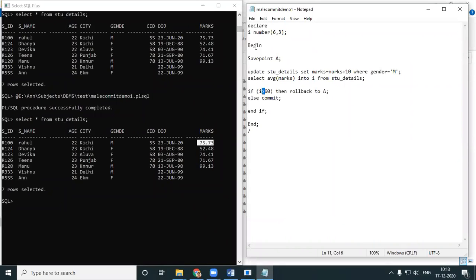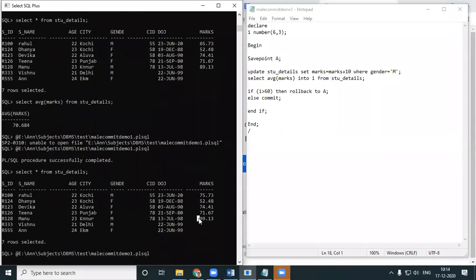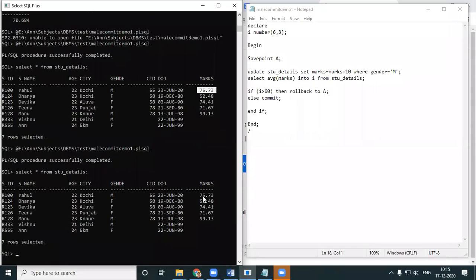I rolled back to A. Marks did not change. You had two boys. One is 65 boy, it became 75. And this 89 boy, it became 99. I changed my condition. So look here, the marks did not change. 75 is still 75. This 99 is still 99.